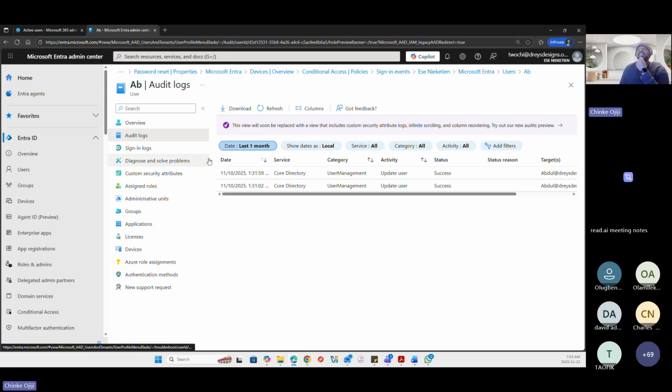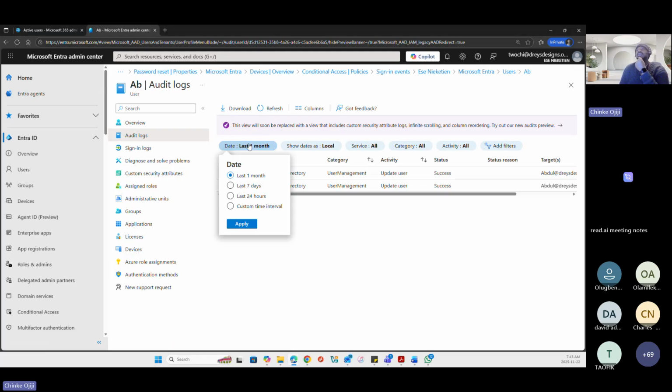So I think there's a license that will allow you to view up to 90 days, because this gives you only 30 days. There's a license that will give you up to 90 days. I believe that's the Enterprise Azure AD Premium 2. I believe that will allow you to review up to 90 days.